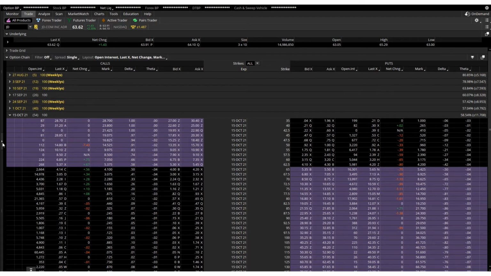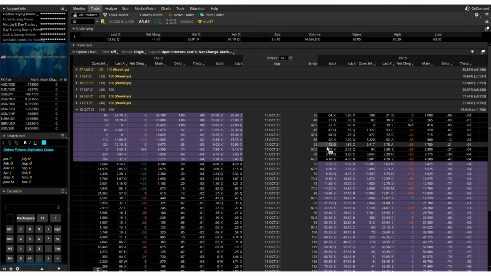So just to recap, if I was buying the 57.5 at the open Monday, the premium right now is $2.39, and each contract represents 100 shares of the underlying security. So to hold 100 shares up until October 15th, with the anticipation that the price is going to be at or below $57.50, this trade would cost me $239, not including commission. So that's one way to do it.